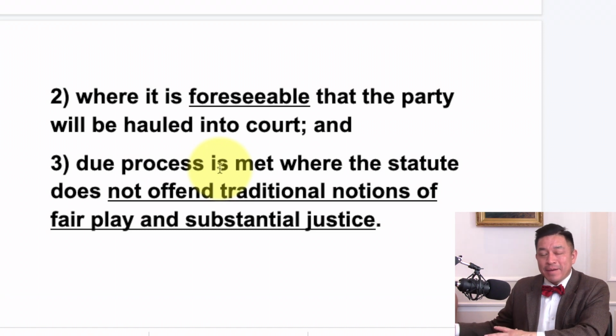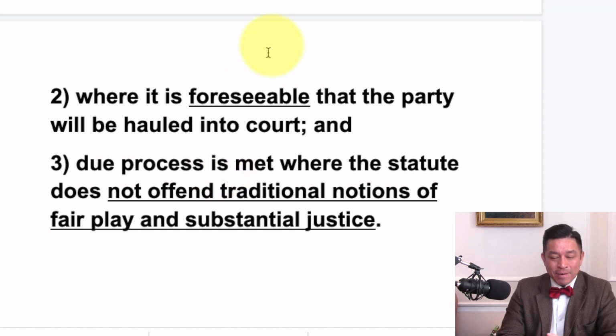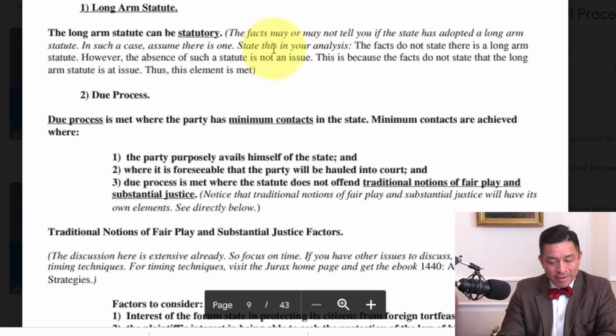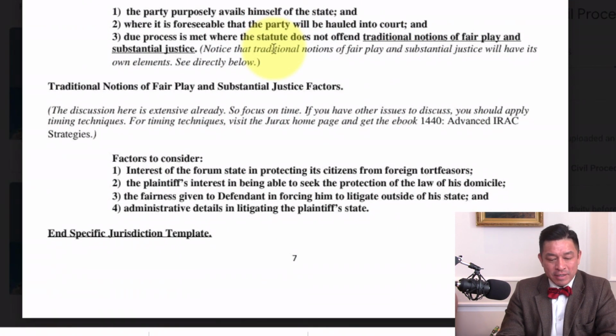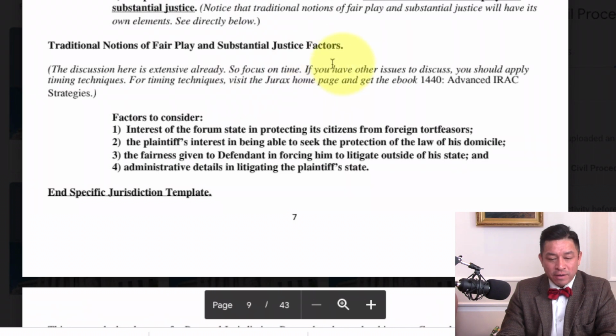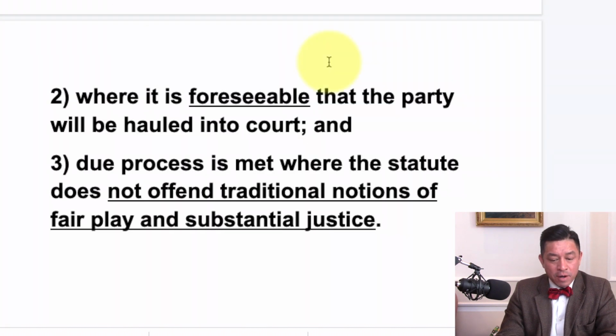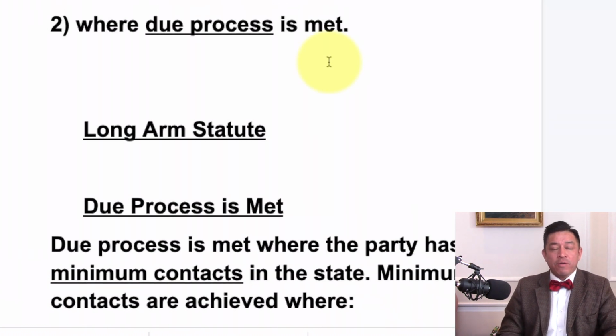This one itself has sub elements. I'm not going to go into those because those are not commonly discussed, but they are here in the cheat sheet templates. Factors to consider. They're right there. Okay. But now what I want to do is run a fact pattern through an actual